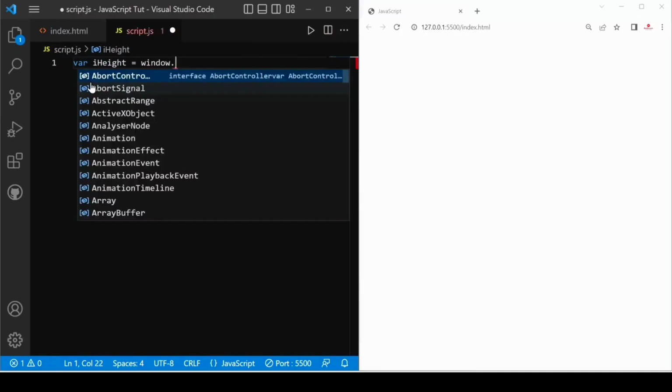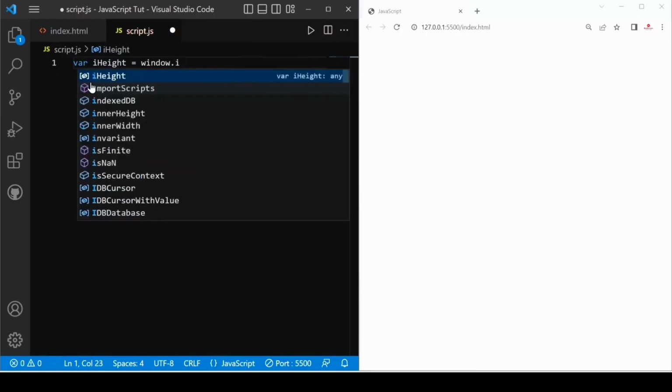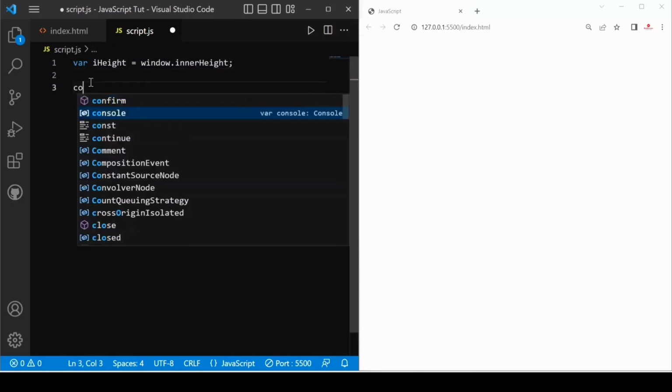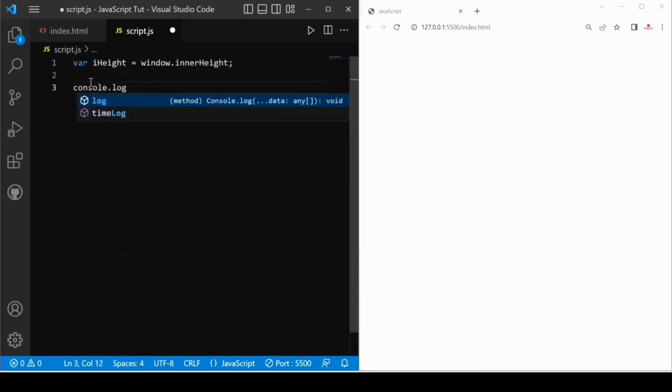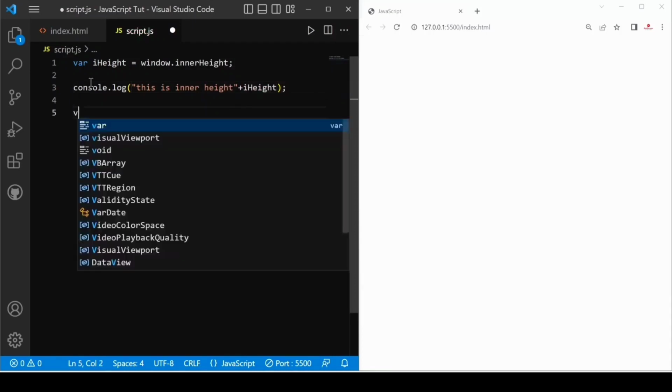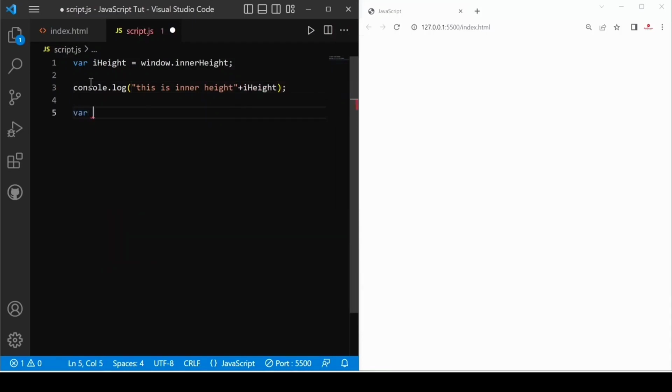After that dot, and here I use innerHeight, and after that a semicolon. Then I use console.log and provide "this is inner height", concatenated with iHeight, and a semicolon. After that, var oHeight